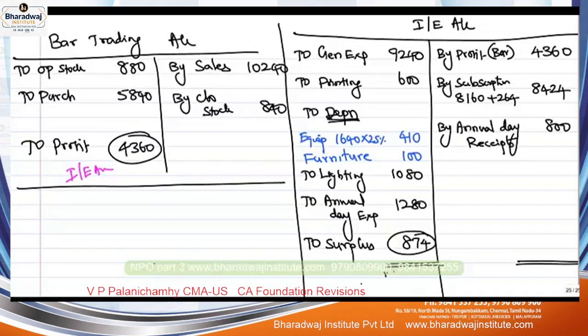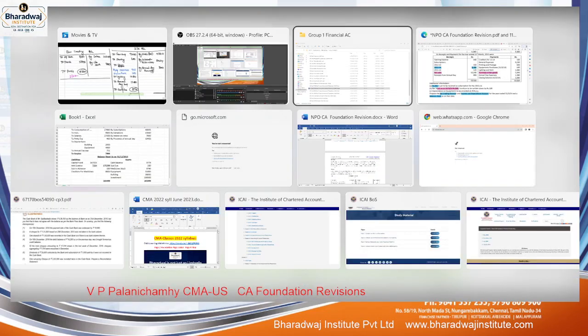4,360. Wait பண்ணுங்க. Subscription account லாம் போட்டு time waste பண்ண வேணாம். Current year ஓட collection எவ்வளோ? 8160 plus what is current year outstanding? Look at the adjustment. 264. Don't take last year, don't take next year. Current year மட்டும் பாருங்க. Year wise அவனே breakup கொடுத்திருக்கான் இல்லையா? What is year wise breakup given?